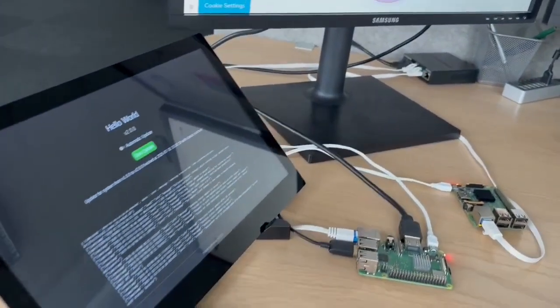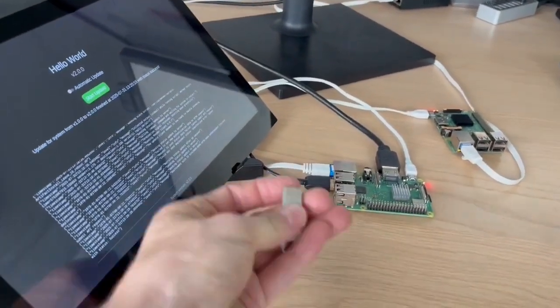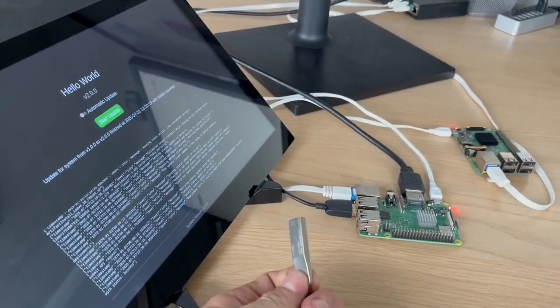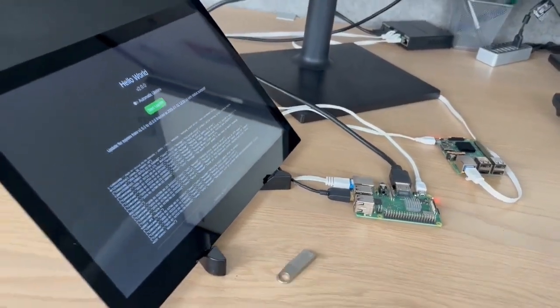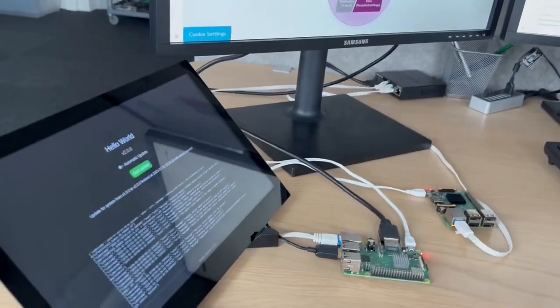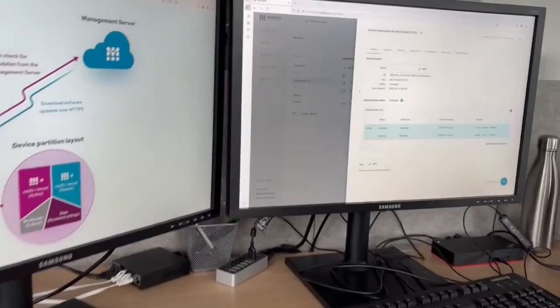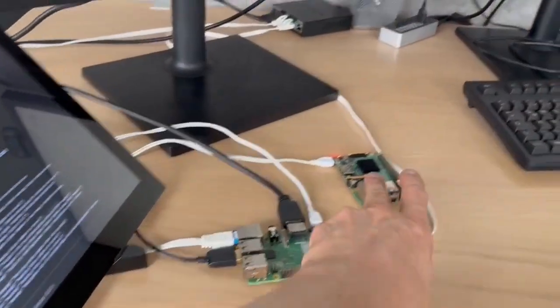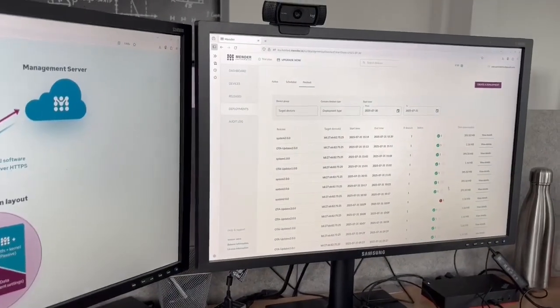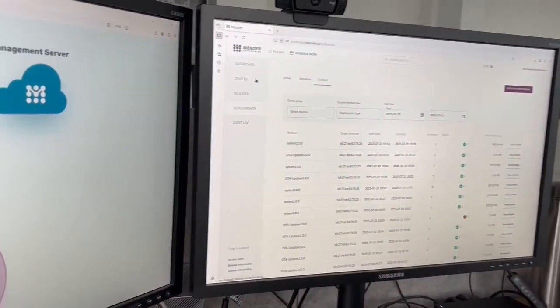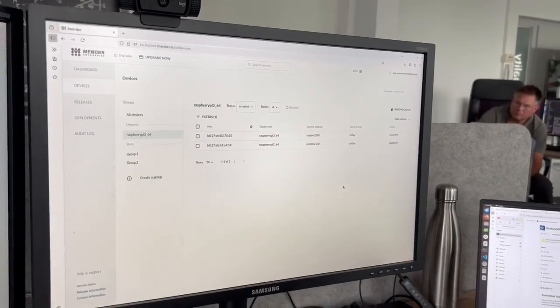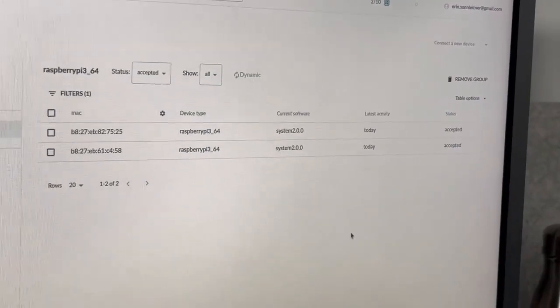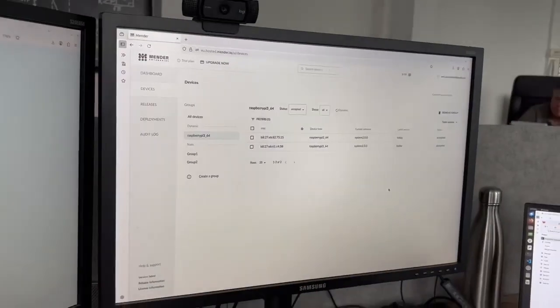To sum this up, of course you can also do the update via an USB stick, not over the air, but doing it over the air is of course convenient, and you also get some monitoring and security features that you can use. For instance, you can have a look at the logs of all the devices in your fleet. So now we have 2 devices in the fleet. Maybe you can see, once again, show the fleet here in the browser. Those 2 devices, you also see that they are online or not, last activity, okay. And you see their versions, and you can also have a look on their